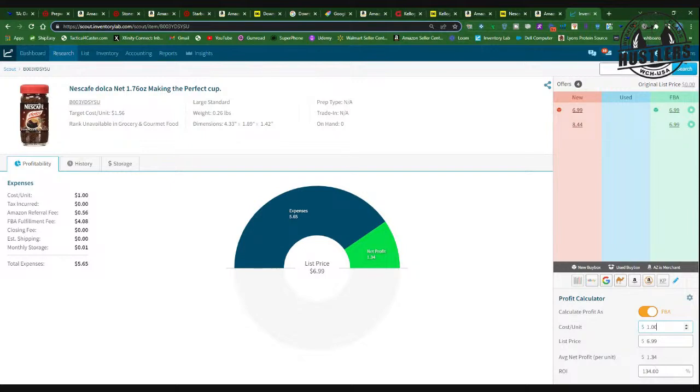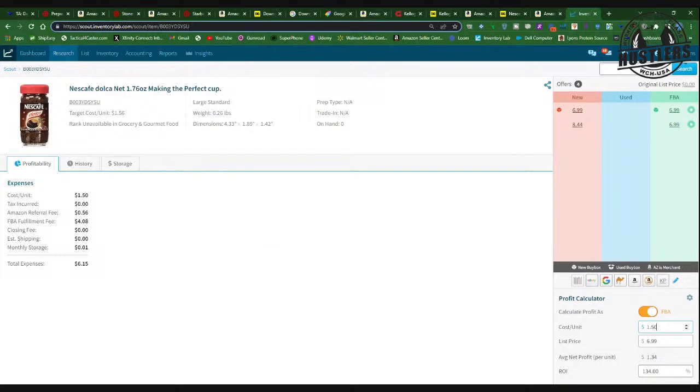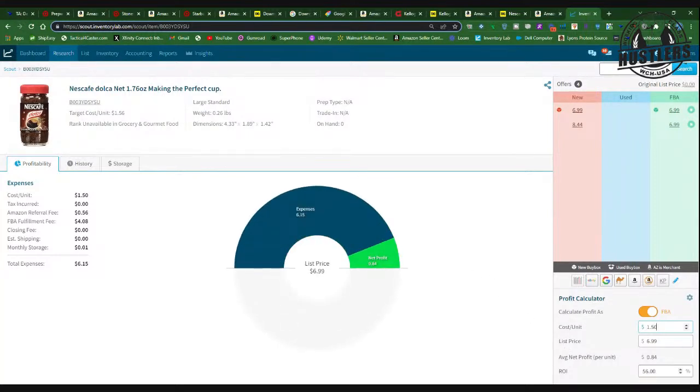That can be a little bit misleading. I don't have the software set to what it would cost me per pound to get it into the warehouse. Just to be on the safe side, we're going to put, say, 50 cents, and you still have a 56% return on investment. And remember, guys, this doesn't sound like a lot of money, but